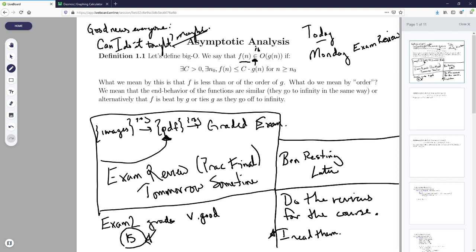If I say f of n is big O of g of n, then what it really means is, and I wrote it in 203 notation here, but the point is that I'll explain what I mean by it. It means there exists a c and there exists an n sub 0 such that f of n is less than or equal to c times g of n for n bigger than or equal to n0.